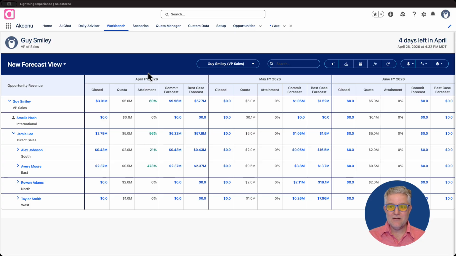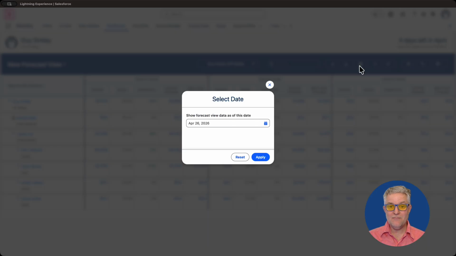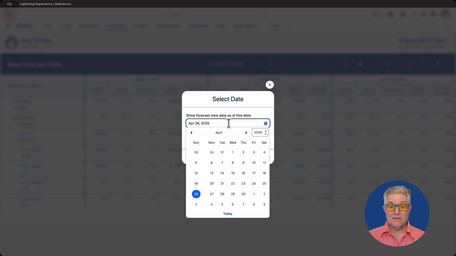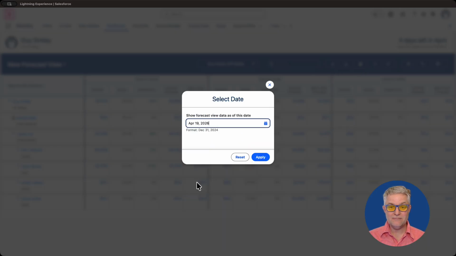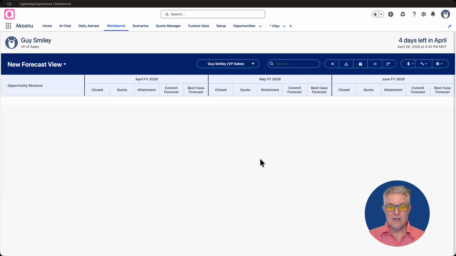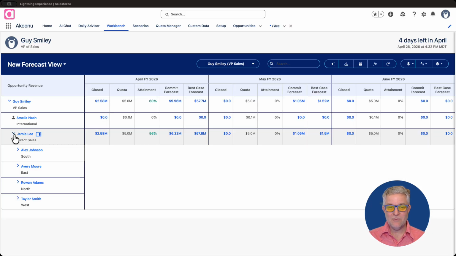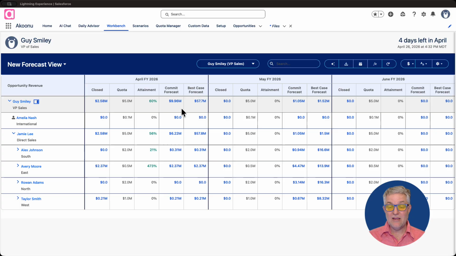But let's say I want to see what the data was a week ago. I can click the calendar button in the toolbar and then select 7 days ago. And when I apply and the view redraws, this is now the data as of 7 days ago. So to keep an eye on one particular item, let's look at Taylor Smith's commit forecast from May. 670K,